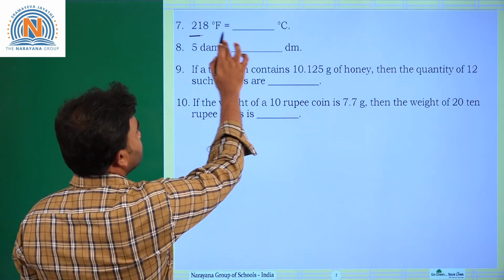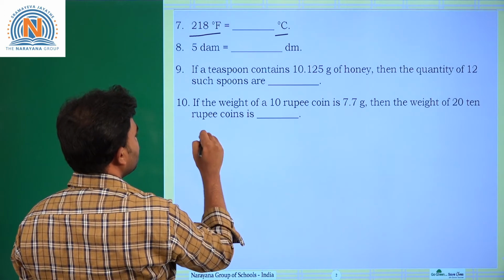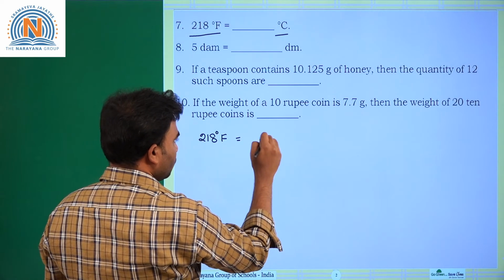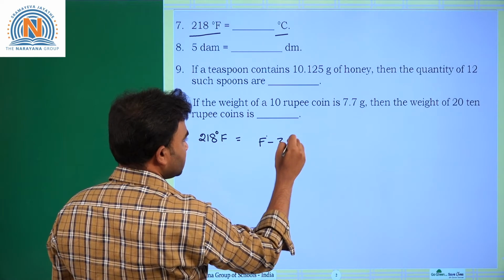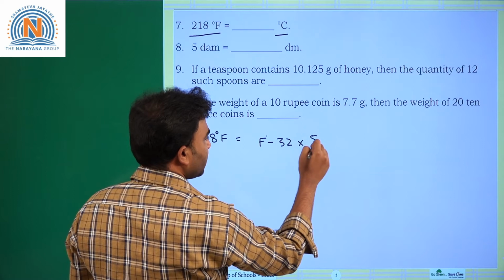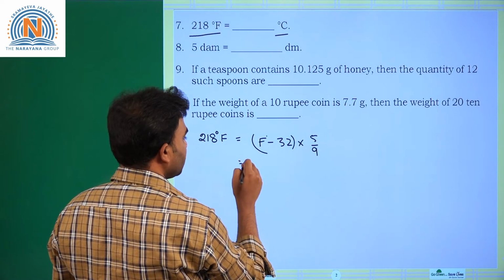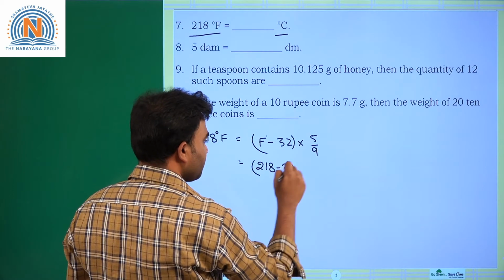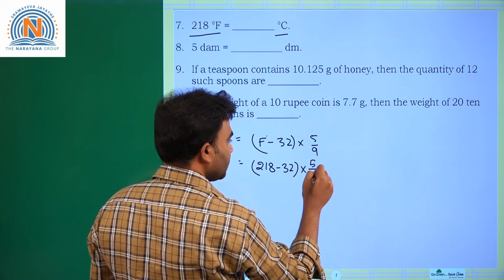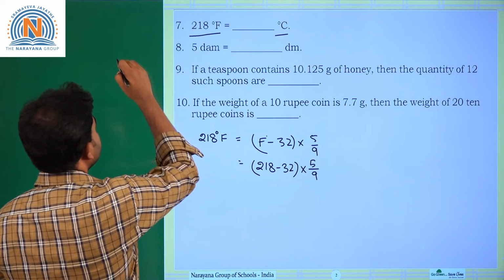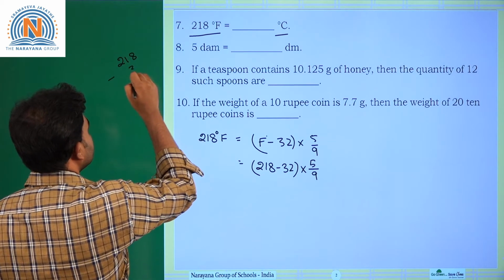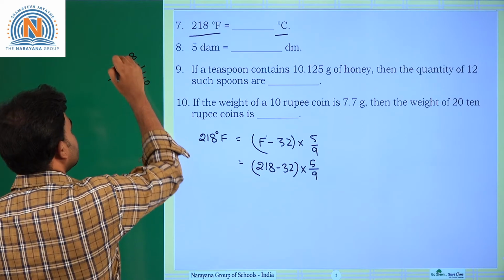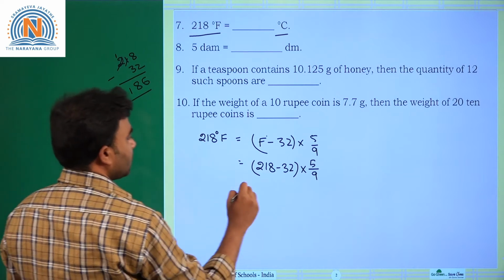218 degree Fahrenheit into Celsius. Take the problem. 218 degree Fahrenheit is equal to Fahrenheit minus 32 into 5 by 9. Now given Fahrenheit is 218 minus 32 into 5 by 9. Subtract 218 minus 32, 6. 11 minus 3 is 8. Next here 2 will become 1. So 186